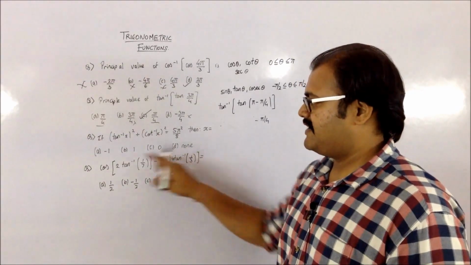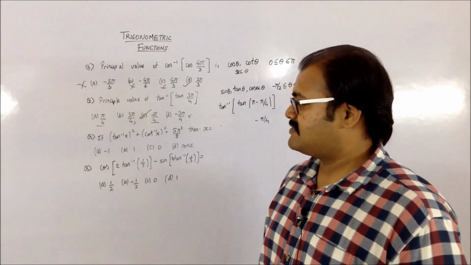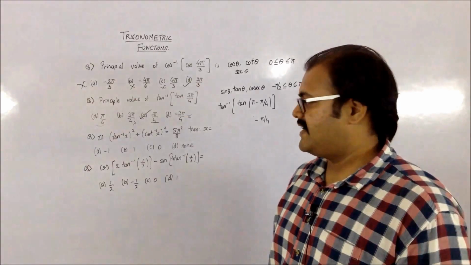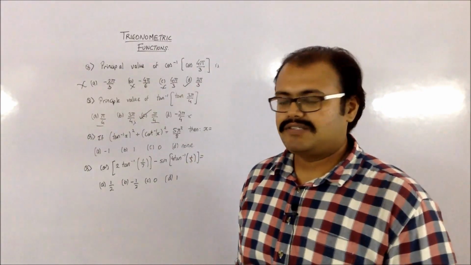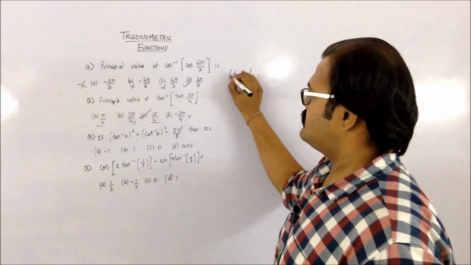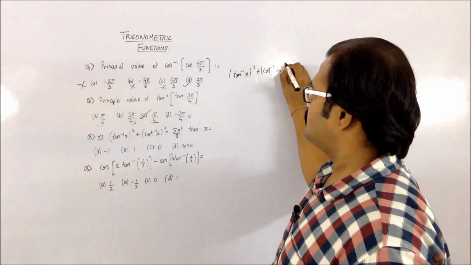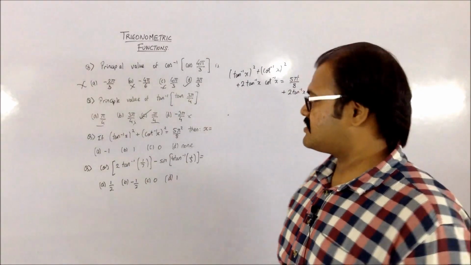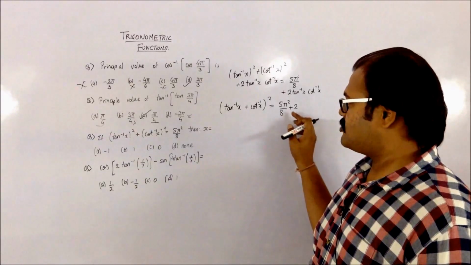Moving on to the next one, we have: if tan inverse of x the whole square plus cot inverse of x the whole square is given as 5 pi square by 8, then what is going to be my value of x? In this particular sum, you can just take that equation: tan inverse of x the whole square plus cot inverse of x the whole square. Now I'm adding 2 tan inverse x cot inverse x on both the sides. So you'll get a plus b the whole square, and on the other side you'll have 5 pi square by 8